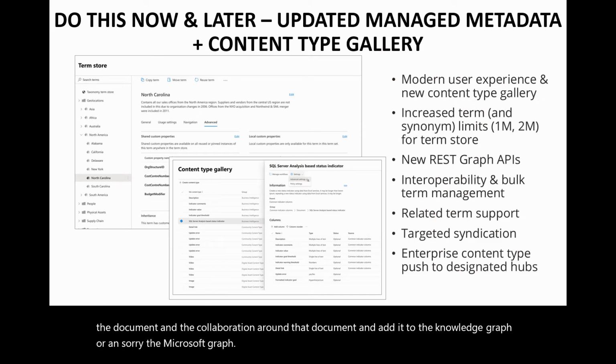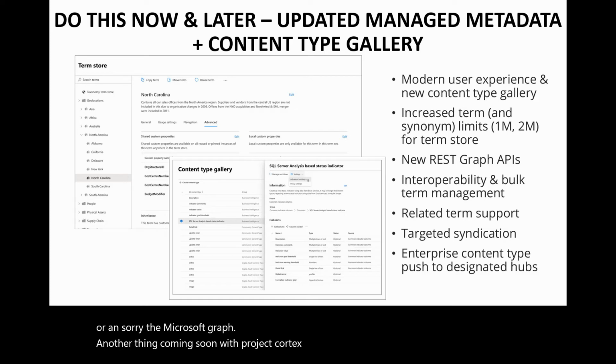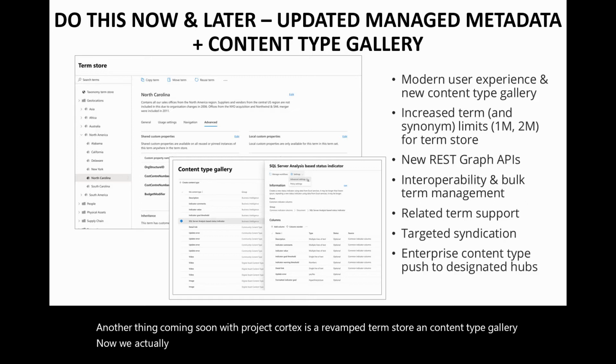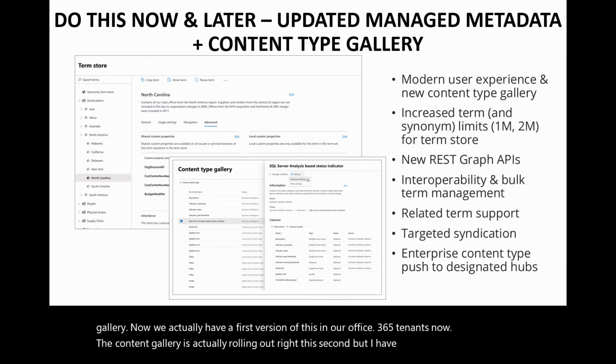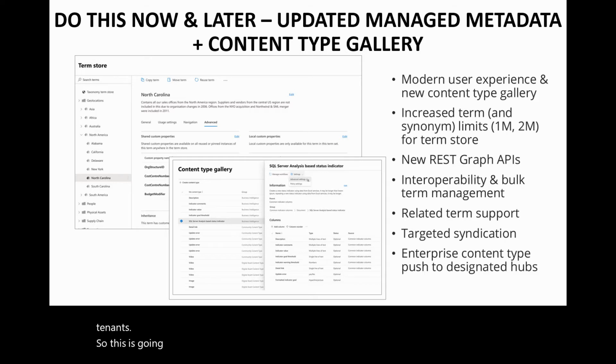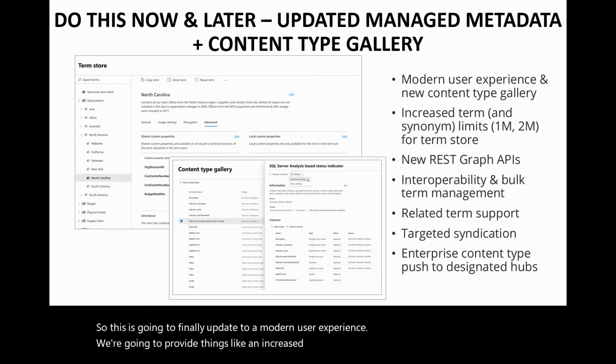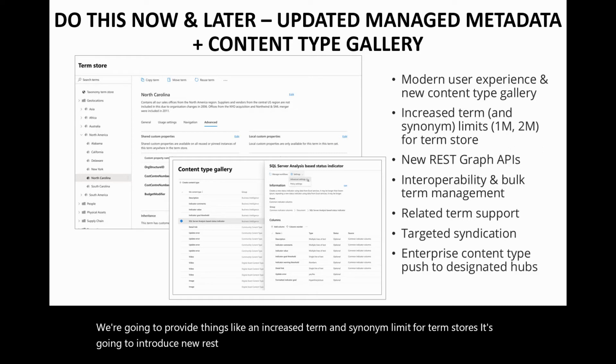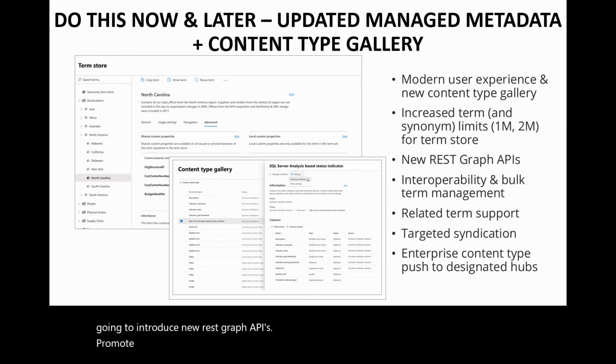Another thing coming soon with Project Cortex is a revamped term store and content type gallery. Now, we actually have a first version of this in our Office 365 tenants now. The content type gallery is actually rolling out right this second, but I have it in at least a few of my tenants. So this is going to finally update to a modern user experience. It's going to provide things like an increased term and synonym limit for term stores. It's going to introduce new REST Graph APIs,